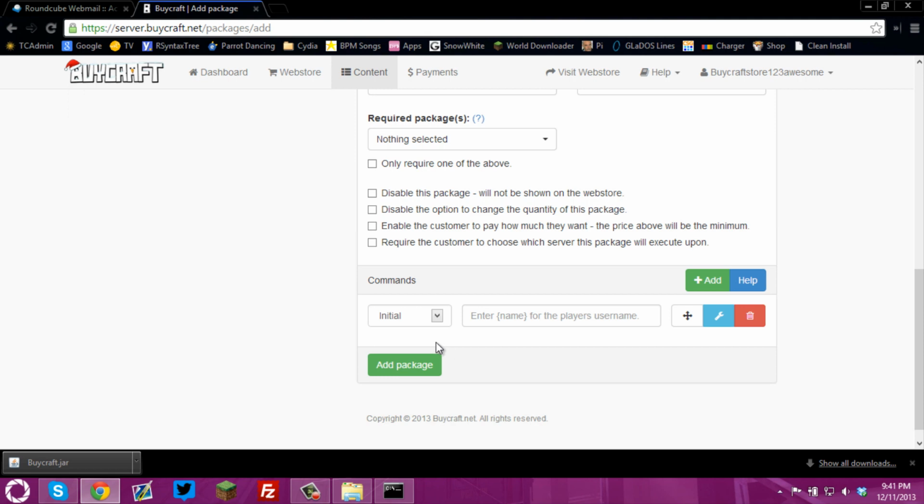When a user buys something from your web store, all it's going to do is execute a command on your server, allowing whatever they bought to enter the game. So right here, we're going to type give name 5 10. And whenever somebody buys it, it will automatically replace name with that person's name. So if I bought it, it would run a command to the server saying give Ben Fudge 5 10. It's that simple. Go ahead and click add package,